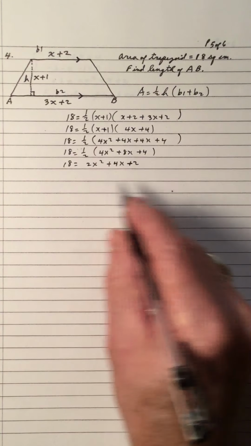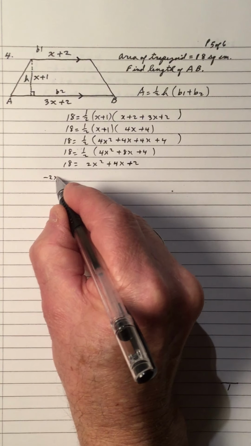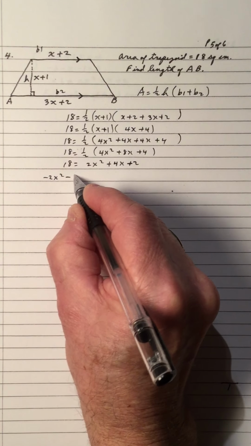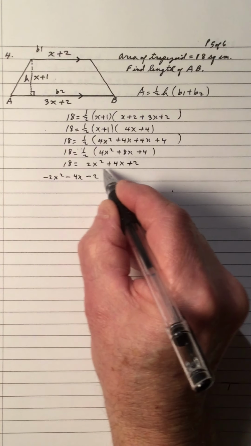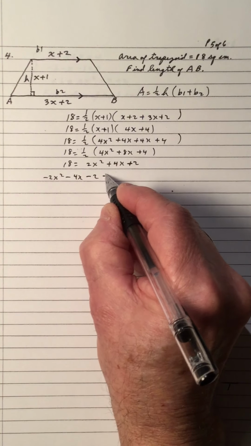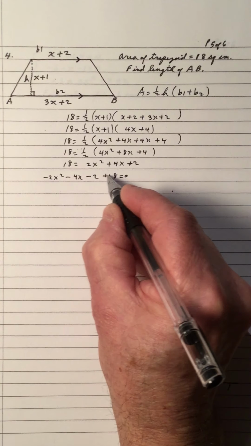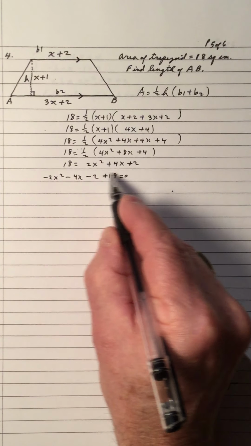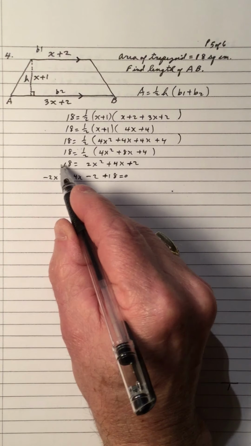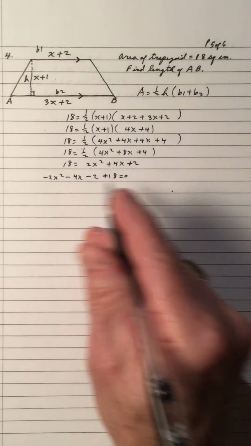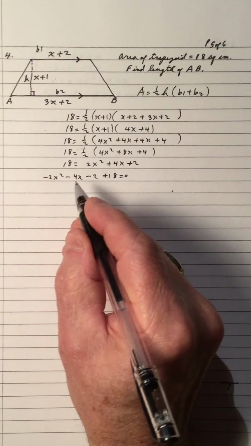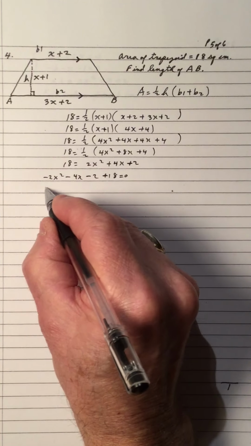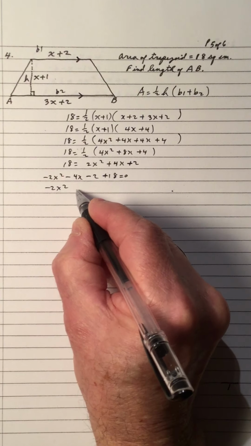And if I want, let's be true, I'll move all terms to the left side, make a minus, and I have a plus 18 equals 0. I could have moved the 18 over here and made a minus and had a 0 over here, but I'm going to be true to what I'm saying. All terms in a quadratic go to the left side. Simplify,